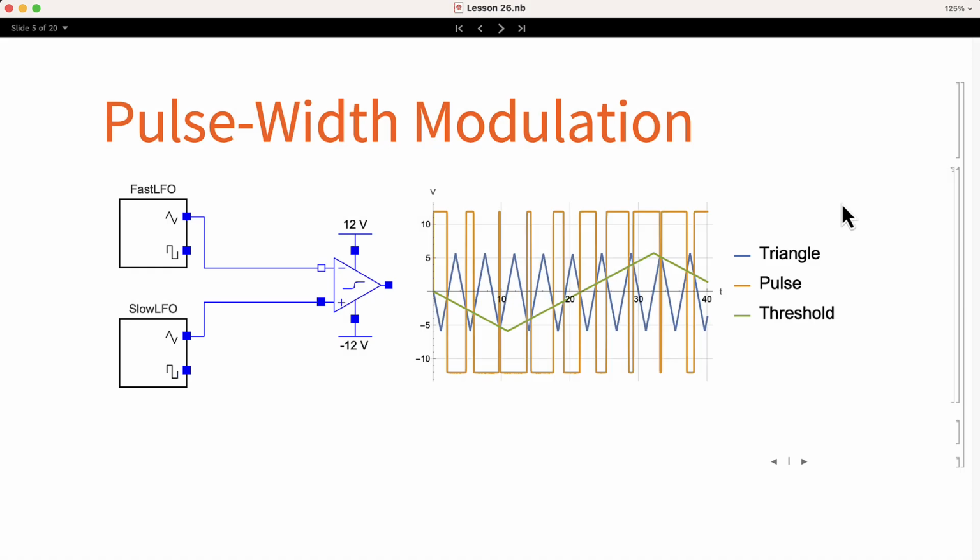Generating a variable pulse width signal is very easy using the components that we already know. We need 2 oscillators, one that runs at low frequency, an LFO, and other at higher frequency. We take the triangle waves of both oscillators and we fed them into a comparator. In the simulation, we can see the result. The green wave is the slow LFO, the blue is the fast LFO, and the orange is the pulse width